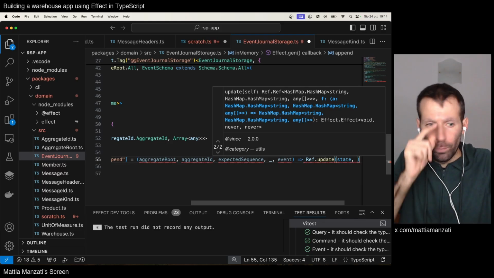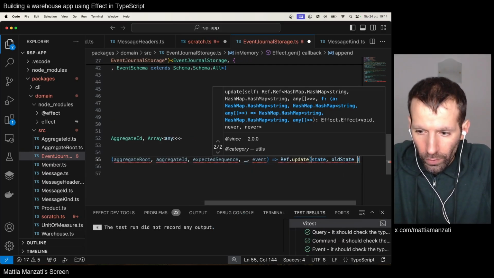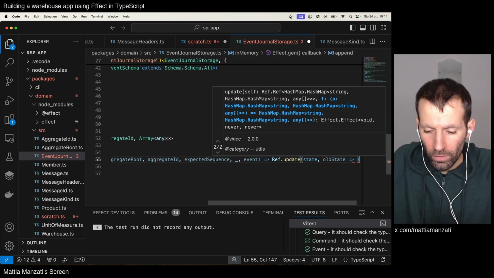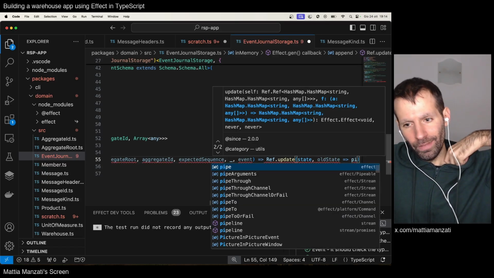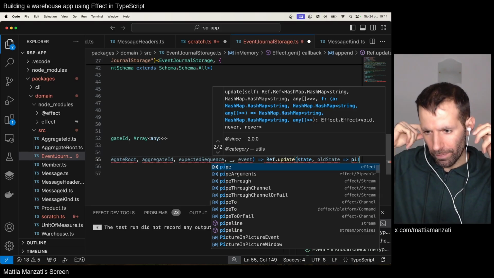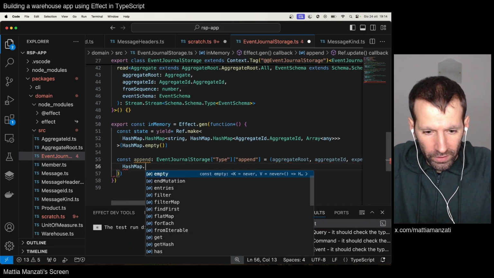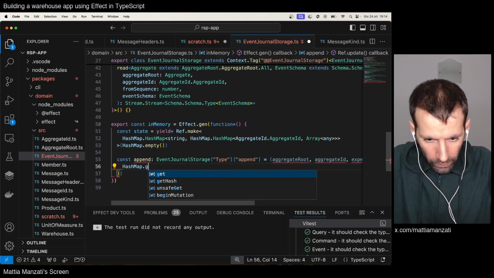Okay, and now we need to provide a function that, given the old state, creates the new one. So that needs to happen in some steps, I think. I think that we need to first get